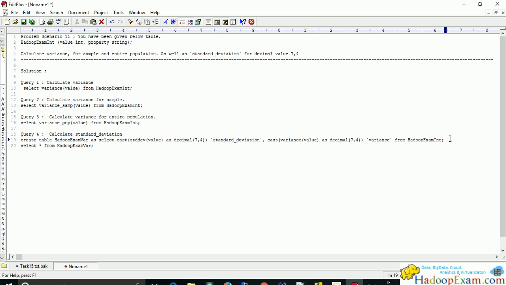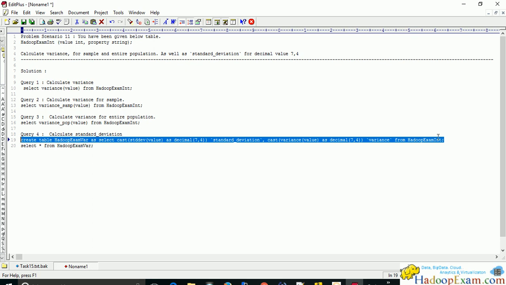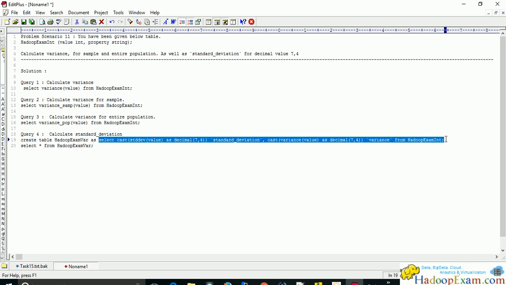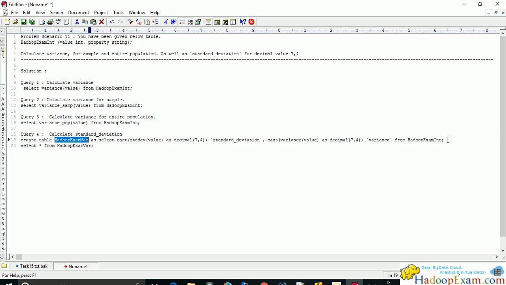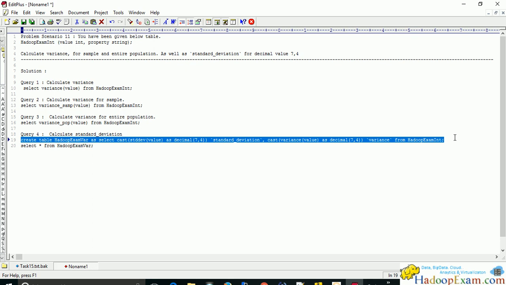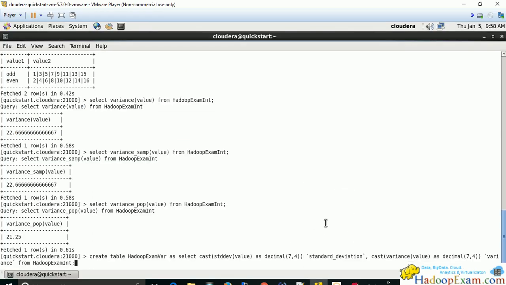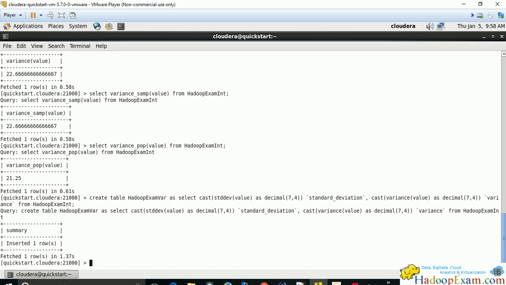In a single line we are creating the table from the selected result, using create table as. Whatever the select statement returns is created as a table and stored. Let's run this query and see what happens in Impala.